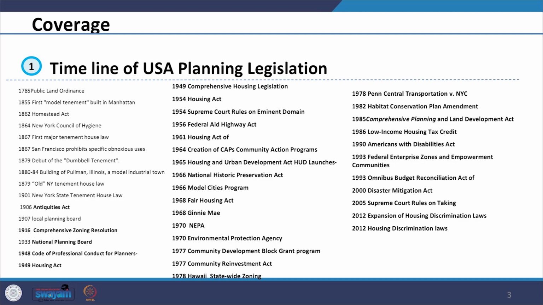While we go through this lecture, I would request you to reflect upon our aims and objectives of planning, and also link the sustainability and planning issues, as well as look at all the contextualization series lectures which we went through. So in this, we see the key transformations which happened through the Acts. The key reference for this particular lecture would be the American Planning Association publication. Accordingly, the coverage would include a walk through the timeline of USA planning legislation from 1700